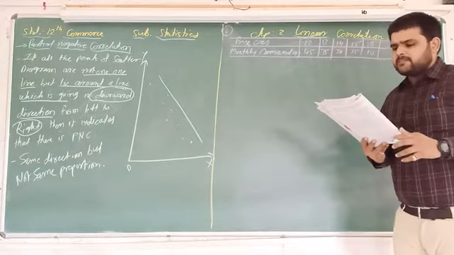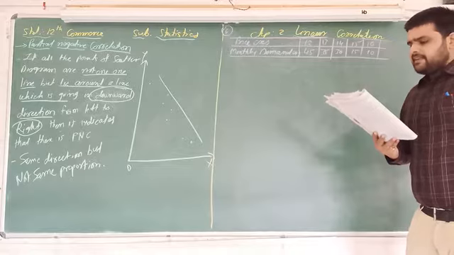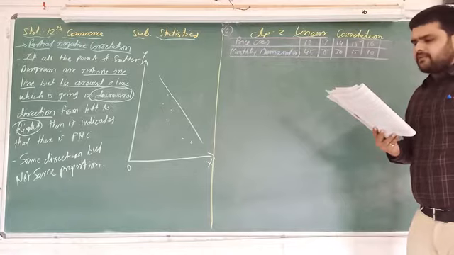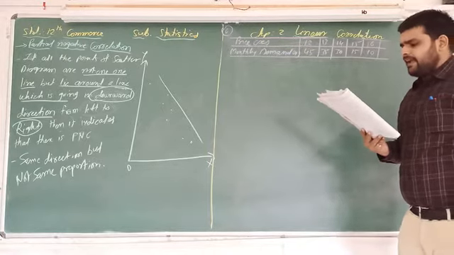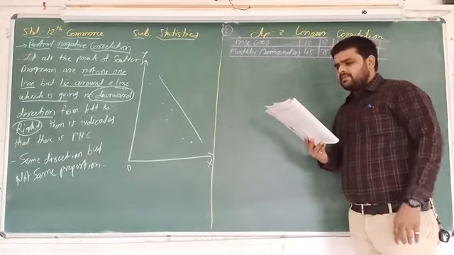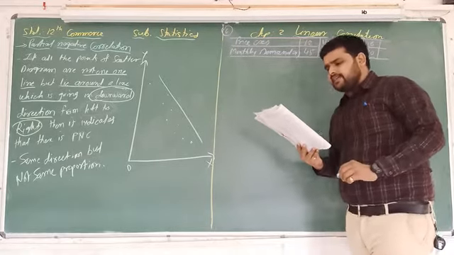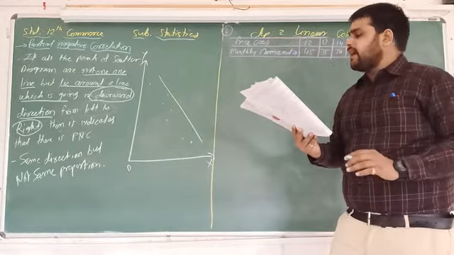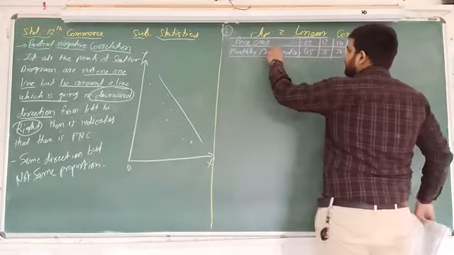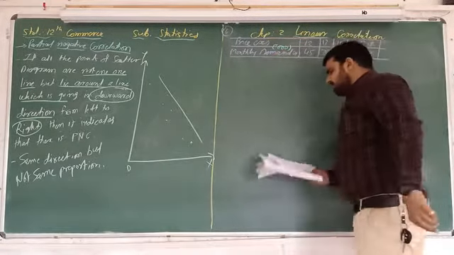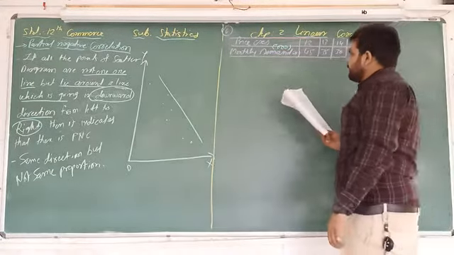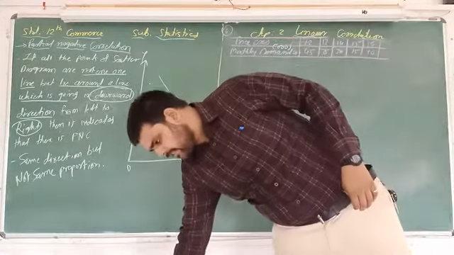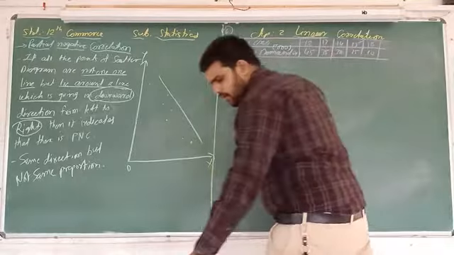A company manufacturing spare parts of vehicles fixed different prices of rubber brushes for 5 months to know the effect of price on its demand. Draw the scatter diagram, and from it we have to discuss the nature of correlation. Two things are given. Number 1, price, denoted by X. Second, monthly demand in 1000 units, which is denoted by Y. So two types of information are given. On the basis of this information, we have to find out the nature of correlation. So again, we have to draw a diagram.